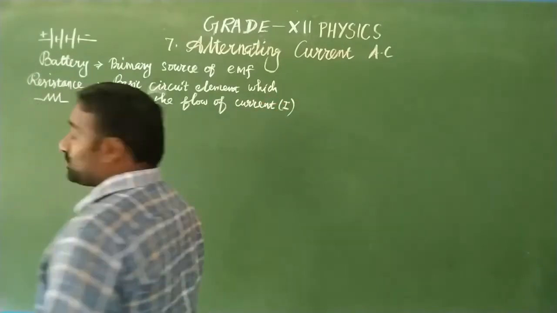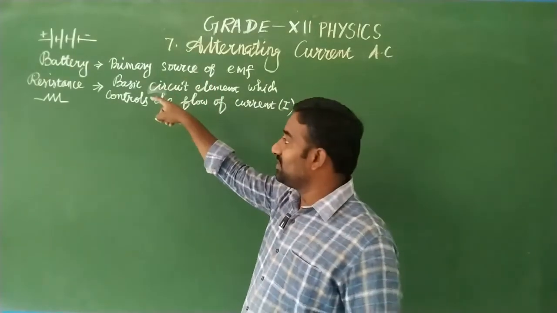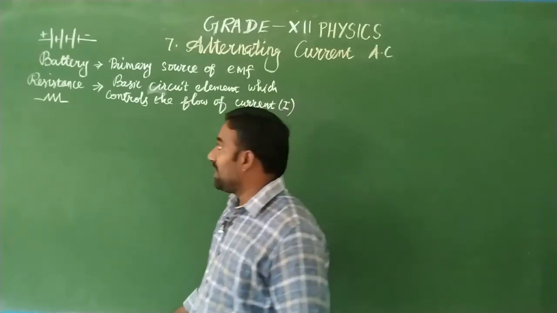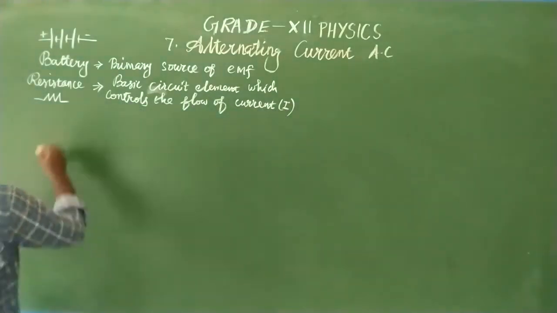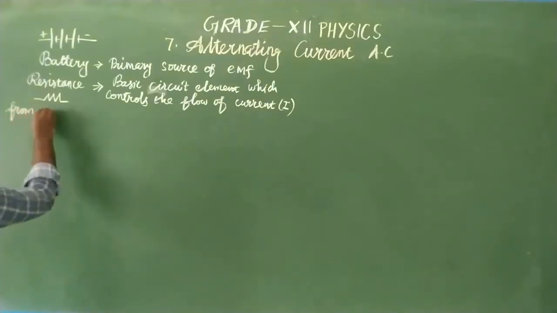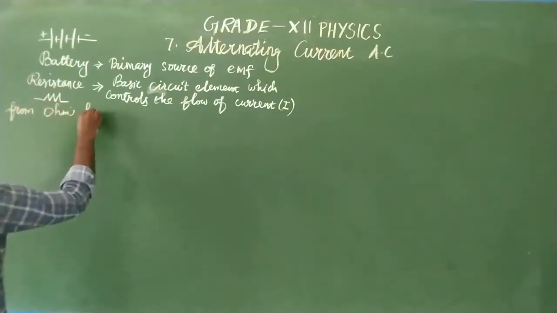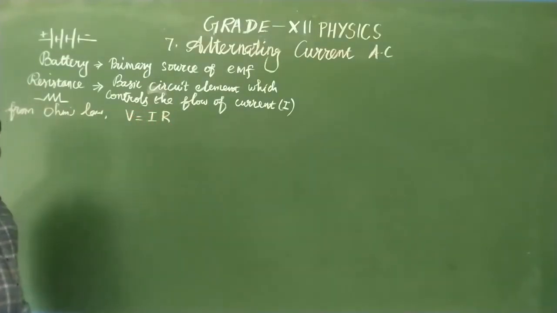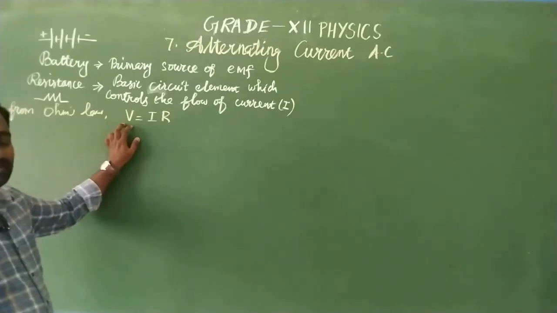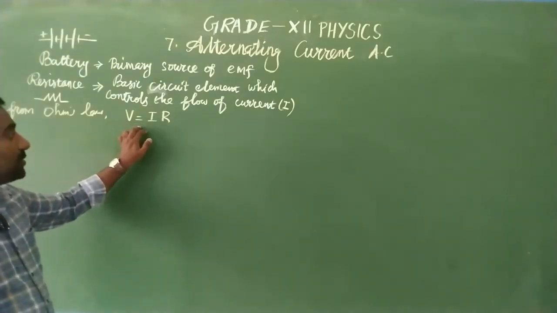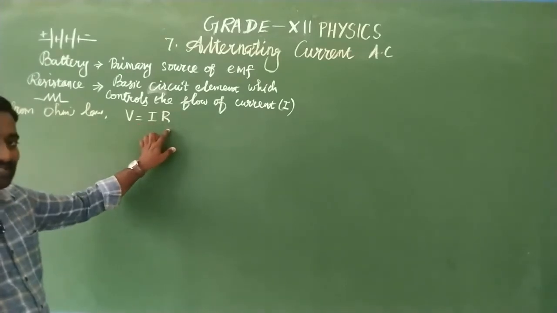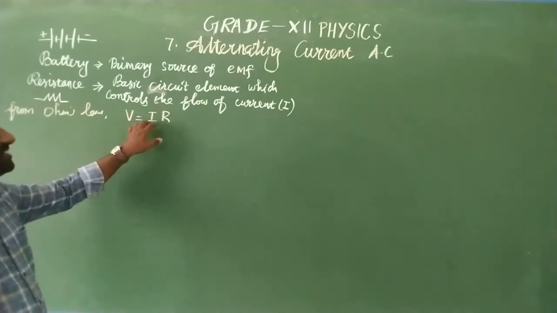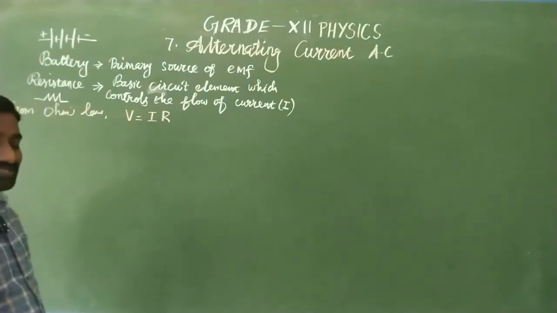According to Ohm's law, we used the resistor, battery, ammeter and key in series, but the voltmeter is connected across. Finally, from Ohm's law, we have concluded that V is equal to IR, or R is equal to V by I. The potential difference across the terminals of the conductor is equal to the product of the strength of the current and the resistance, or the ratio of the potential difference to the current flowing through the resistor is equal to a constant. That constant is called resistance.